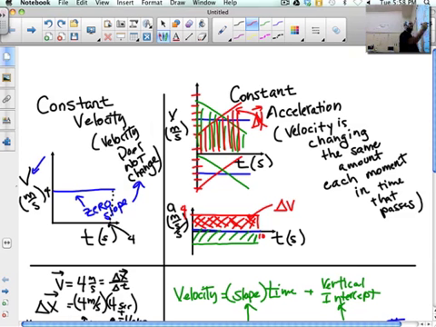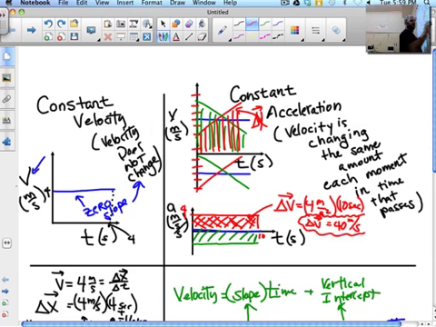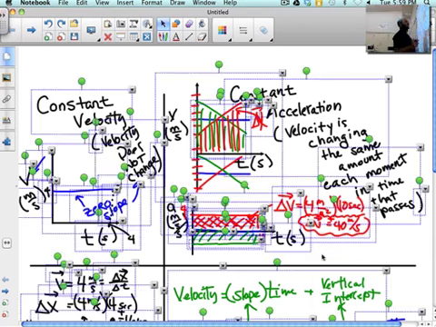This rectangle is my change in velocity, which in this case would be 4 meters per second squared times 10 seconds. And my change in velocity, therefore, would be 40 meters per second. And it's a positive change in velocity. So this means my final velocity